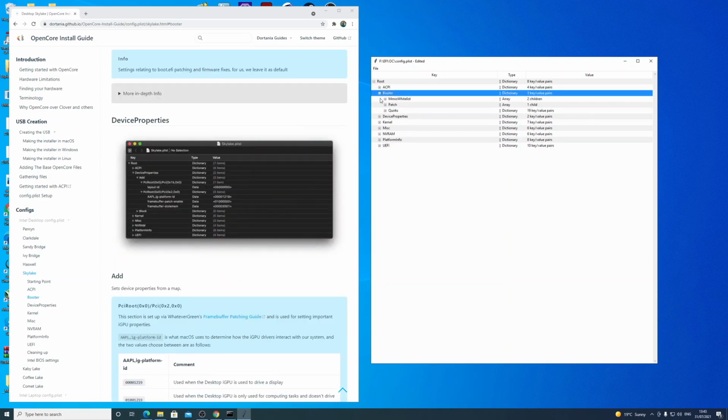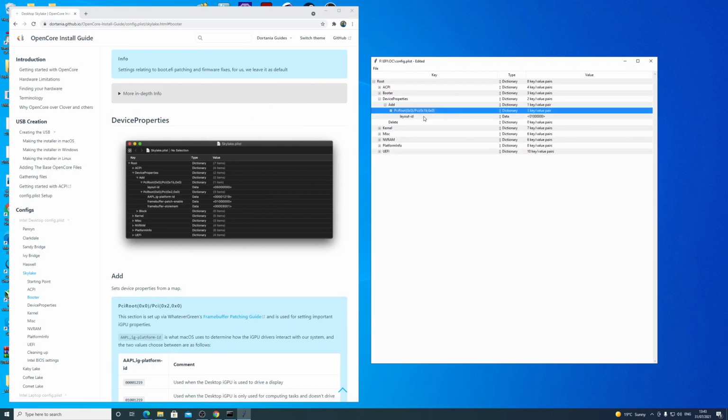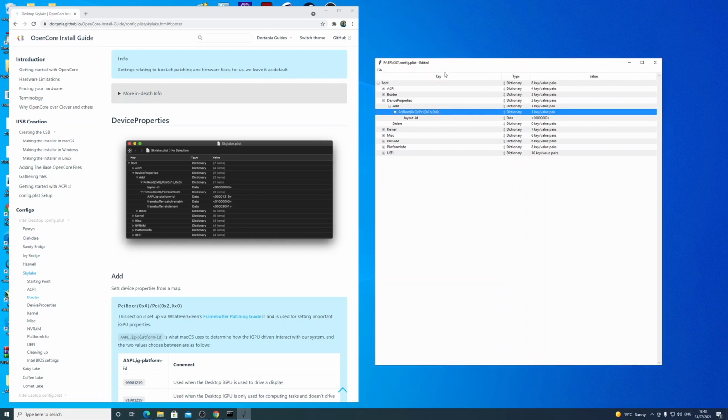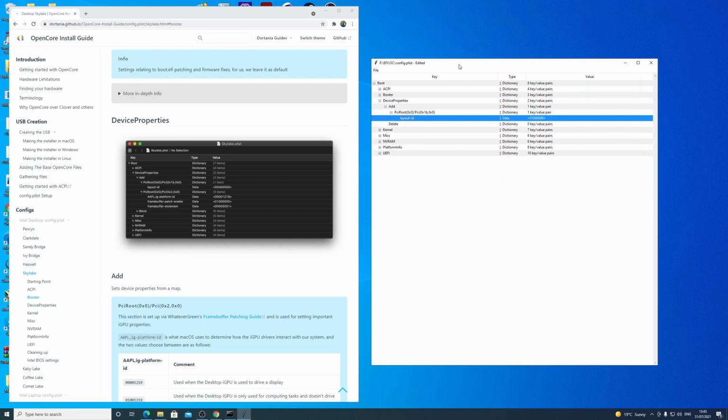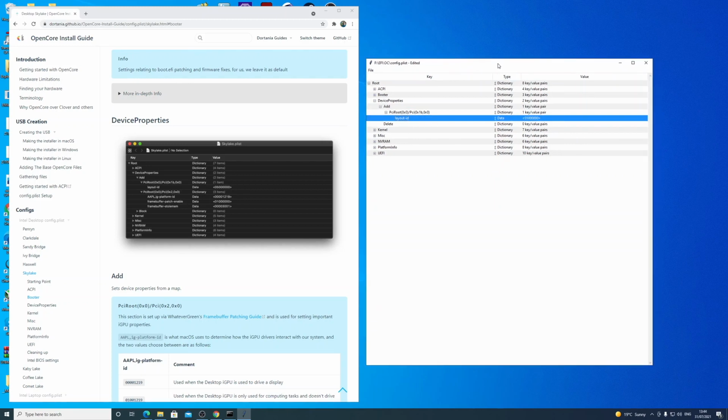Now we have to go to device properties, add. In this instance, this particular entry is your audio device. So for the time being, we're going to use layout ID 1, but according to your codec,